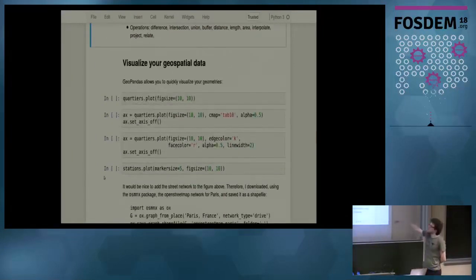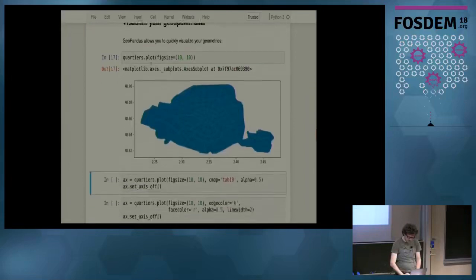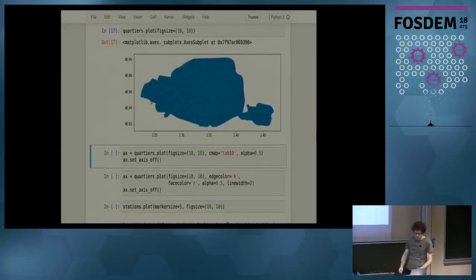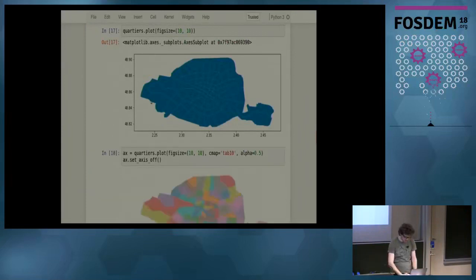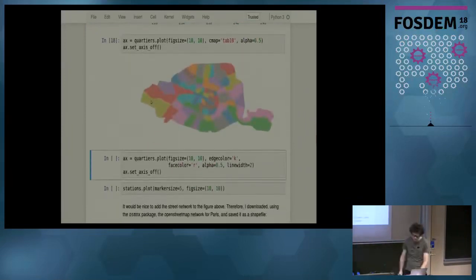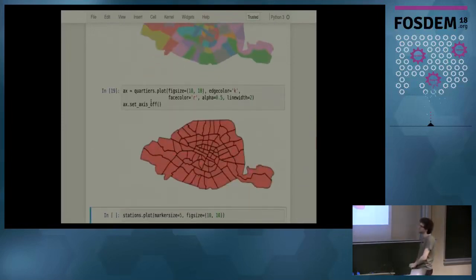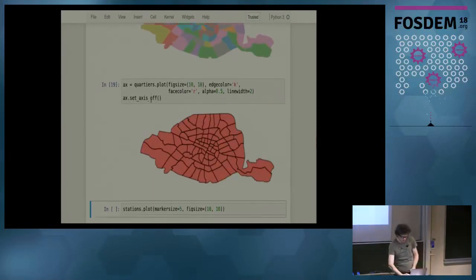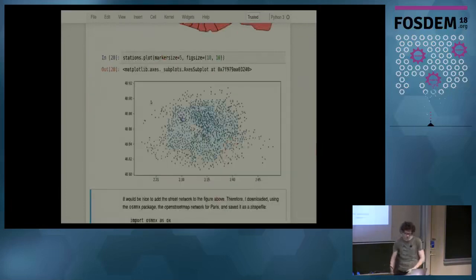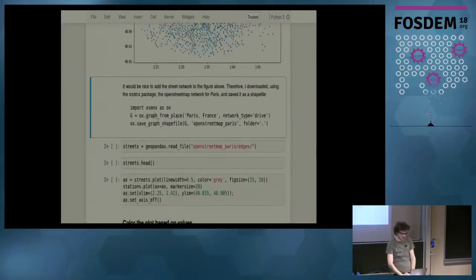Another thing that GeoPandas provides is using Matplotlib under the hood to very quickly visualize some basic visualizations of the data that you have. For example, I can plot all the different districts, or I can give them some coloring, or some other column. Yeah, you have all the styling options of Matplotlib available. Just to show you a few of them. The stations are a bunch of points. So because it would be easier to see where is something located, if I put some streets behind it, I downloaded using another library,